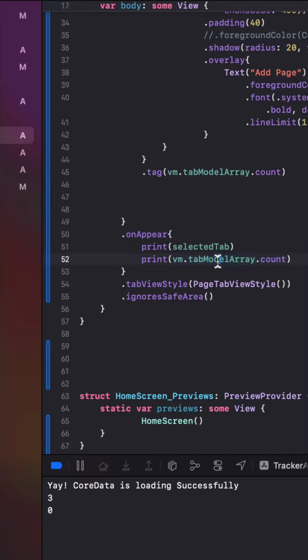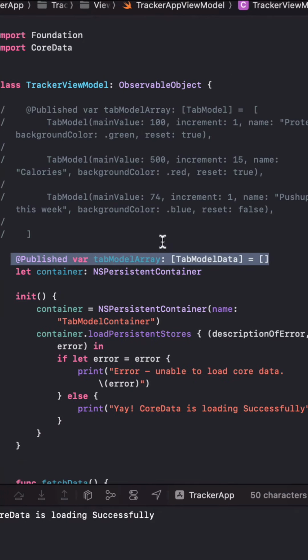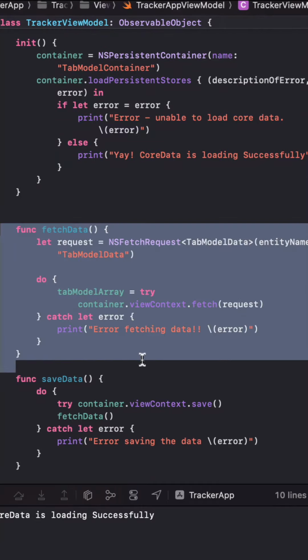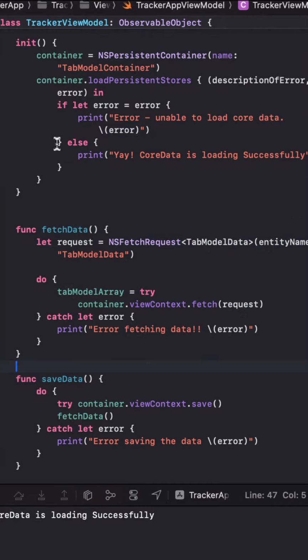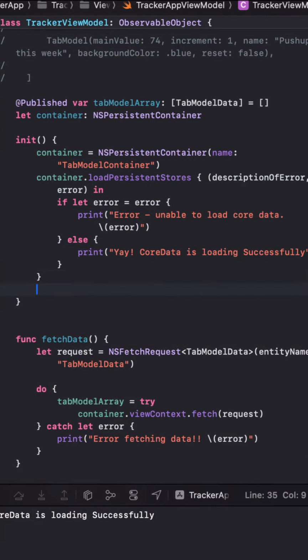And so my tab model array has all the data for my app. And according to this print statement, it has 0 items, which is simply not true if you've been following along for the past couple of reels. So why does it say this? The reason is that inside my view model in my init, where I'm getting my core data, I'm not calling